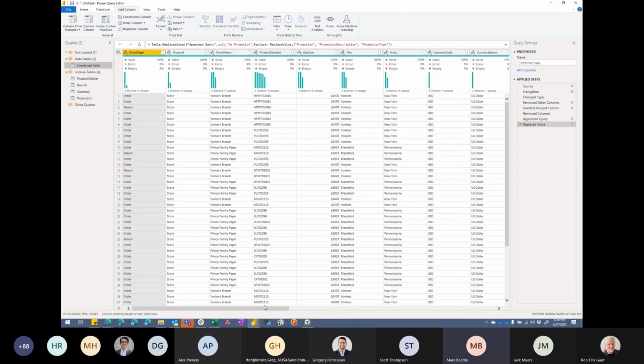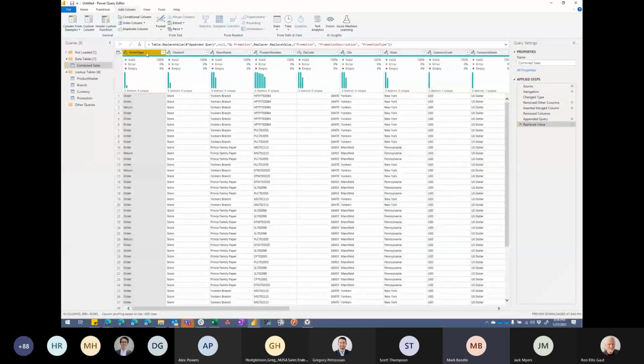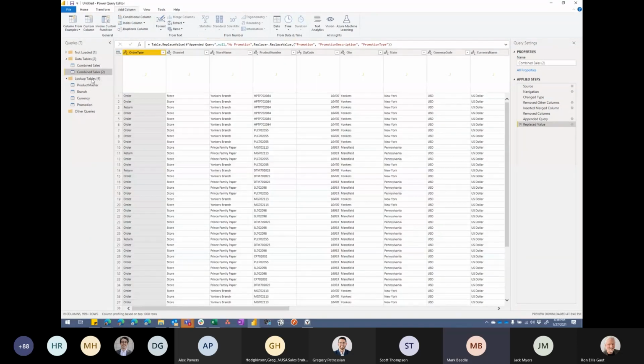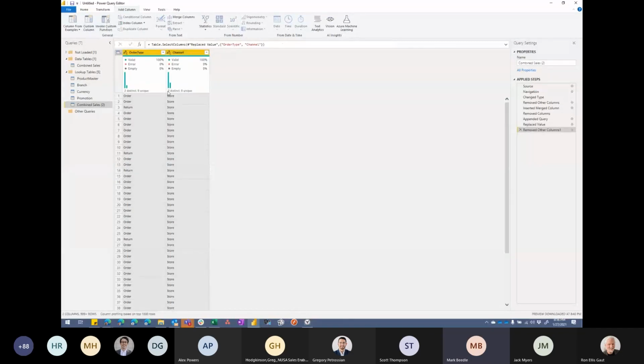The only other thing we've got in here that I could maybe get rid of is this order type and order channel. Now I could split them out into 2 different tables, right? An order type table and a channel table. But I'm going to build what the nerds call a junk dimension. So let me do my same trick again, right? Same thing. Duplicate my query, move it into my lookup tables. I only want order type and channel, so remove everything else.